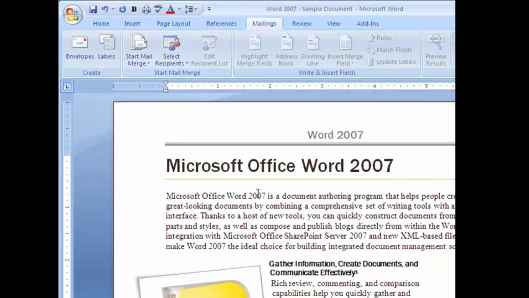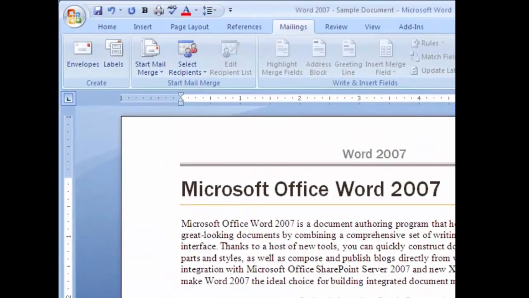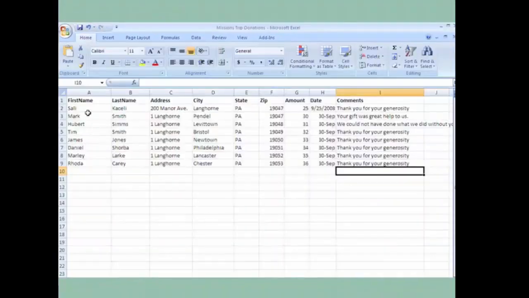And the way it works is that you have to have the form document, and then you also have to have the data file. The data file could be an Excel file, it could be nowadays also in Word 2007, it could be a table, or it could be an Access database. But suppose you have a data file called Mission Trip Donations, and very similar to this, and you have recorded